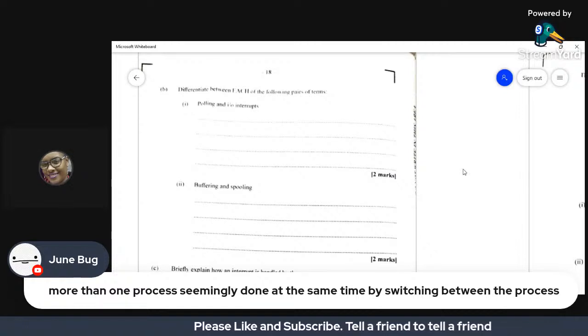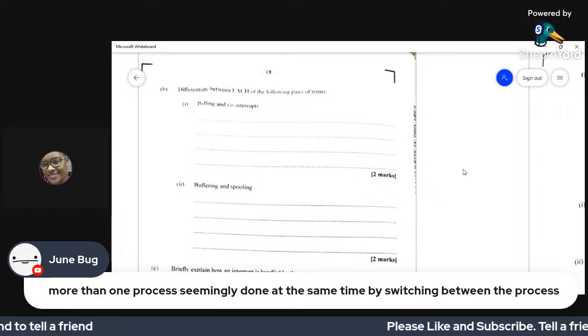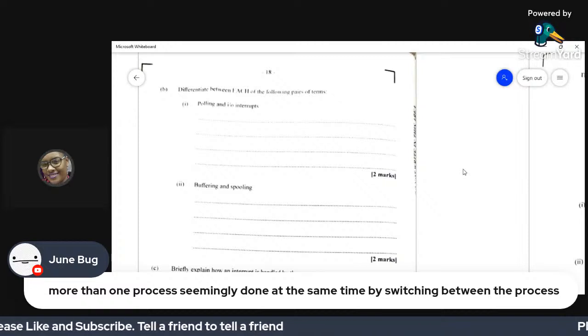Now I know you said that you guys have not studied this part as yet, sorry. So let us run through what is polling and what is input output interrupts.